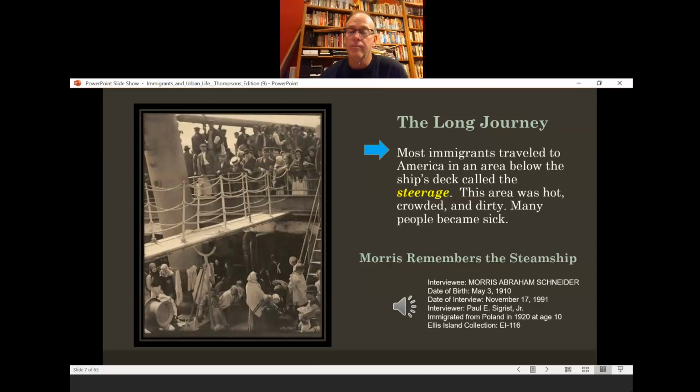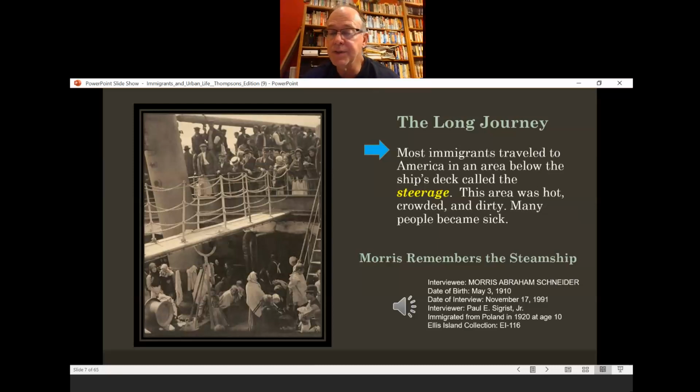But being children, I guess, had its advantages in this case because we always tried to get out of there. We tried to get out of the steerage, get out of the babble of voices, get out of the heat and the stench, and get on the main deck. We were permitted to stay there for a little while, but we were constantly chased. But the crossing went for us, for me in particular, went very quickly.